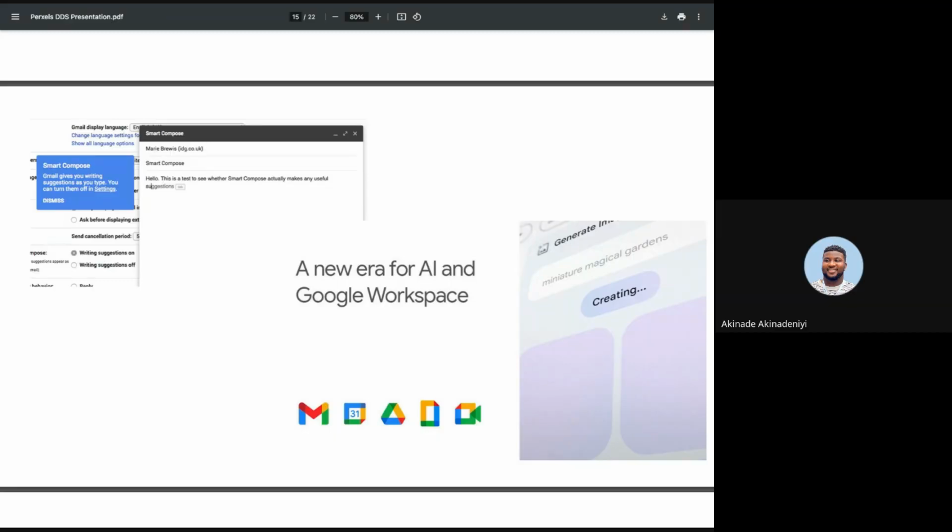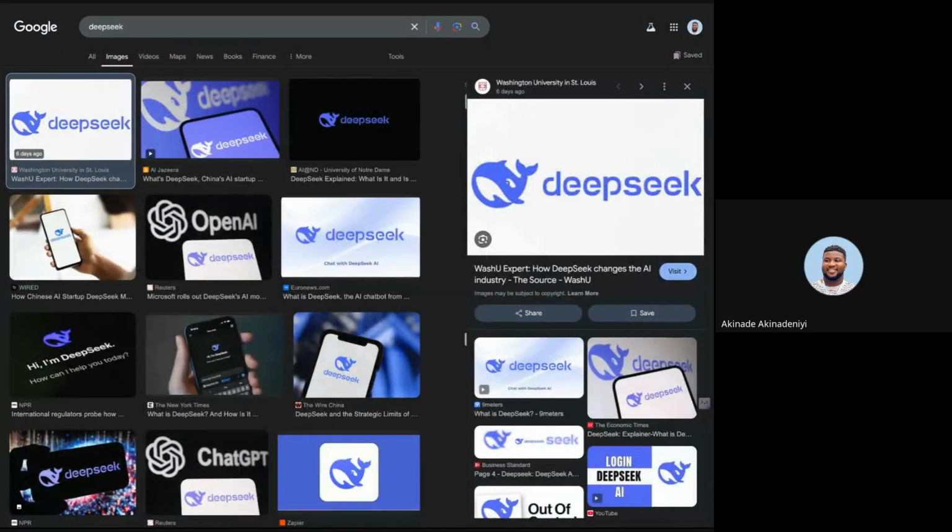And now, ChatGPT is also feeling like the new kid on the block. I don't know if you guys have heard about DeepSeek. DeepSeek also came, and it's another Chinese product. Trust me, the Chinese guys are crazy. DeepSeek came and wowed everybody. They did a lot of work with limited resources.